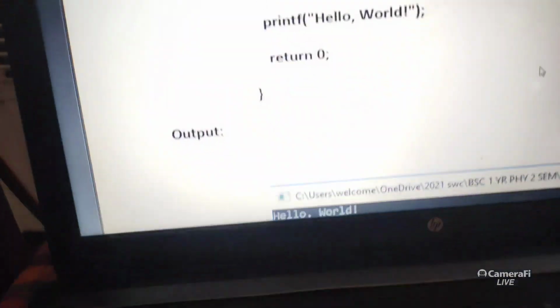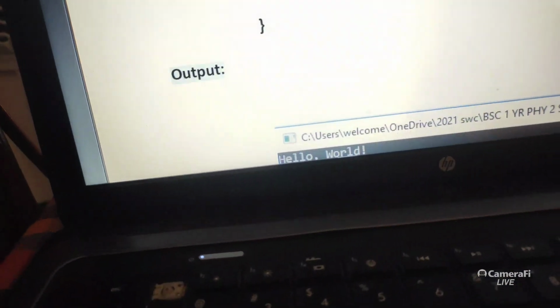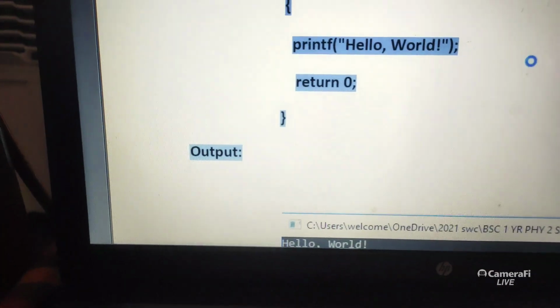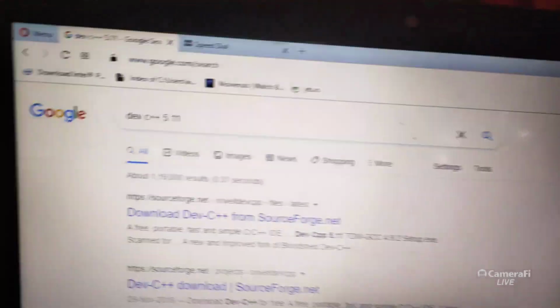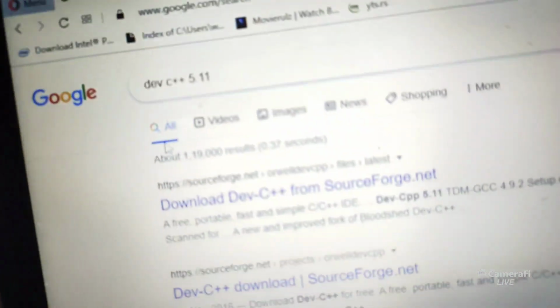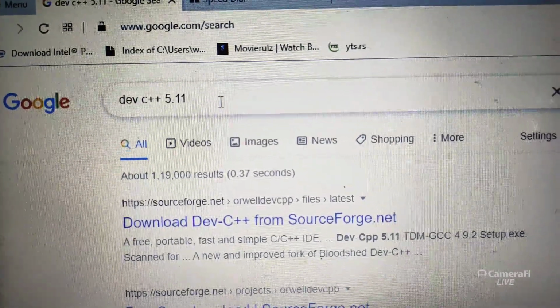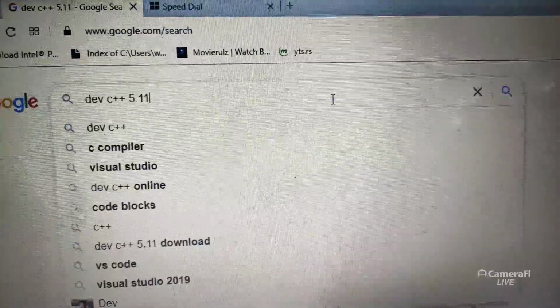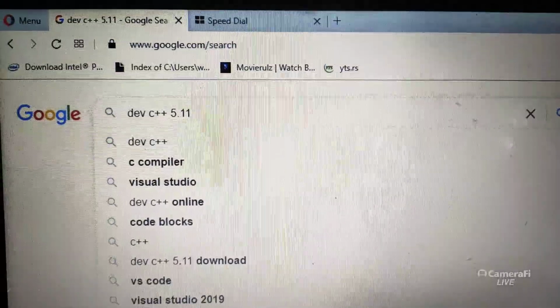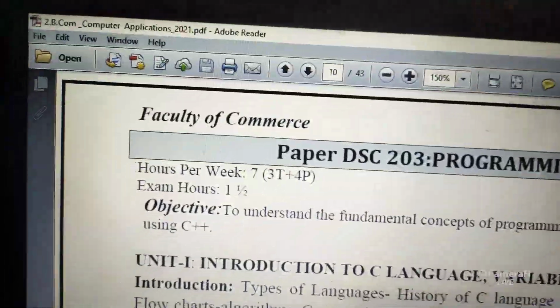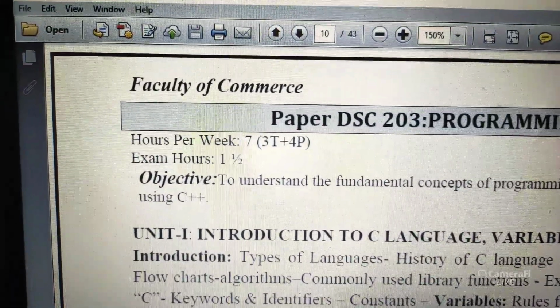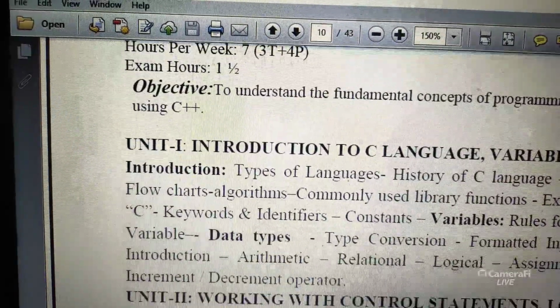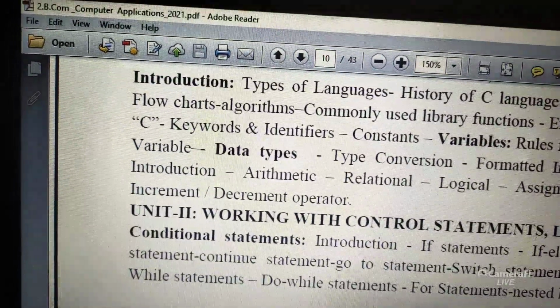Okay, now we'll show how to write the program, where to write the program. So first you should download the software. Okay, if you have a PC or laptop, you should have internet for this. So go to google.com and type developer Dev C++. Okay, so you could see your syllabus once again. There at the bottom you may write the software to be used for your purpose. I'll show, one minute.